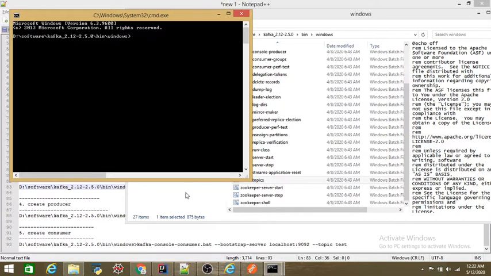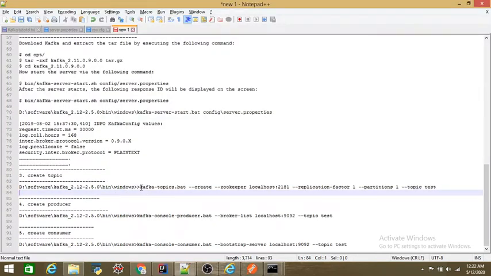Now what we need to do is create a topic. Before creating the topic, you need to make sure that it is going via Zookeeper, right? So the kafka-topics.bat file will execute with the help of Zookeeper, which is running on your machine at 2181, and that is already started, right? With that, I'll be providing the replication factor as 1 for my demo purpose. If you want, you can make 2-3 replicas of your data in the topic. You can create it as many times.